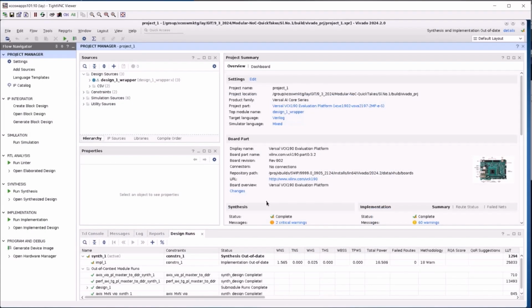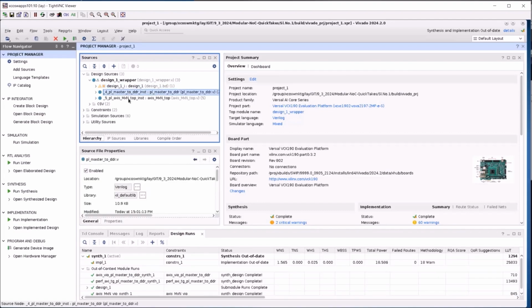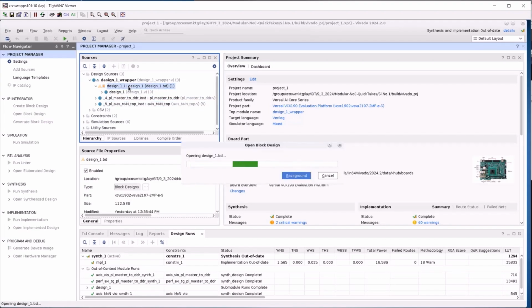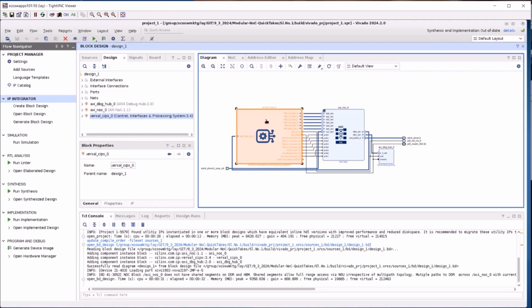Let's take a look at the design in Vivado. This is an RTL top design that includes the BD, the master accessing the DDR from RTL, and finally the 2x2 AXI streaming test cases. Let's take a quick look at the BD. Here we will find the CIPS IP, a NoC IP with the hardened DDR memory controller enabled, and the small block on the lower right is a debug hub. For this design, we can ignore that.